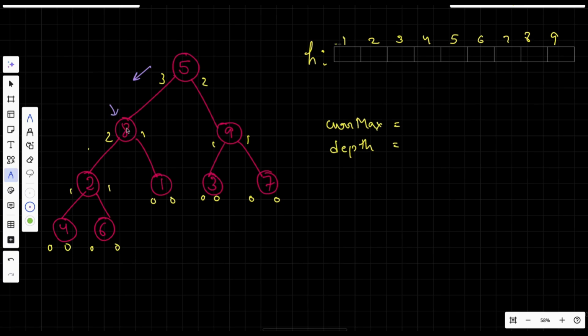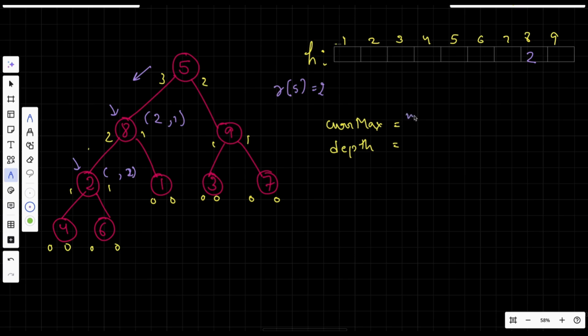So first of all, we are at node 8 and we will call with the current max. So when we are removing the left node, our current max will be the right, so that we can get from our right map for this particular node. So right of 5 is 2. That's how we will get the 2, and depth will be 1. And we will update our 8th node map with the current max, and then we will call for its left tree. Now here our depth will be updated by +1, that is 2, and our current max will be